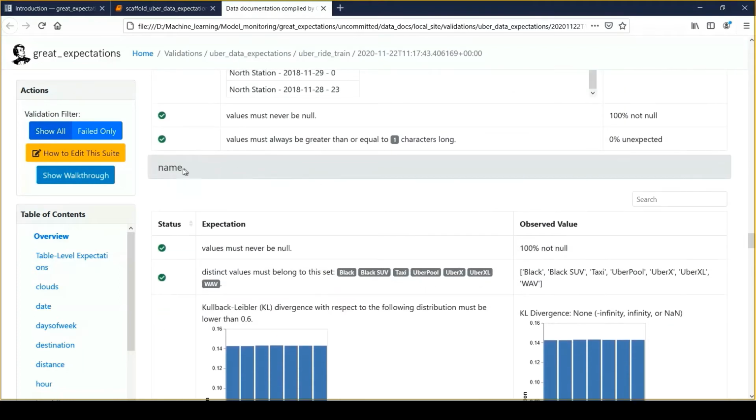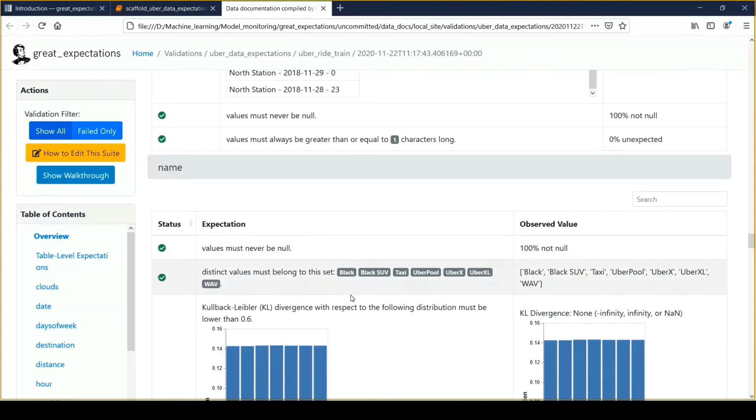This is for the field name, and the Uber name distinct value must belong to this set. So these are types of Uber services, right? Uber XL, Uber X, Uber Pool, Taxi. If you feel that these are the fixed set of values we would be expecting as a part of my live traffic, we can put a validation against that.